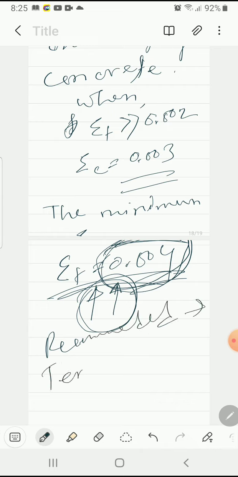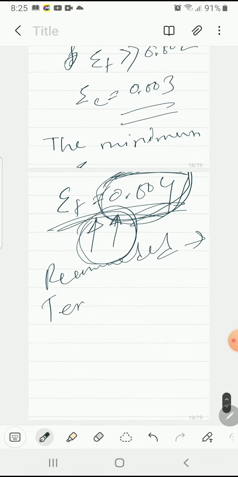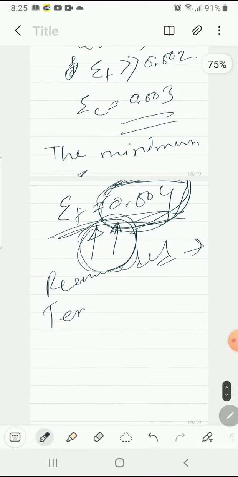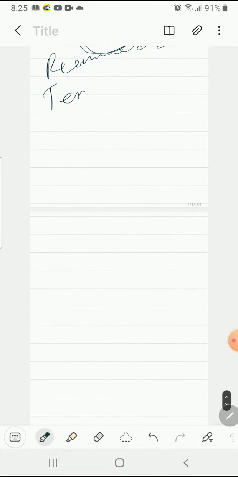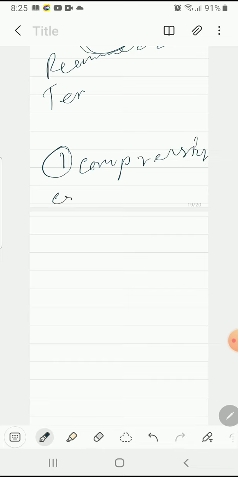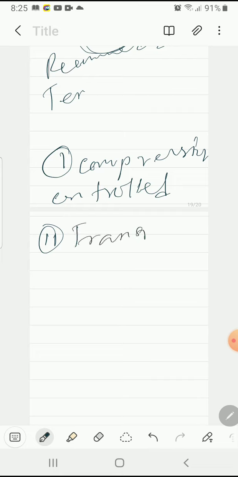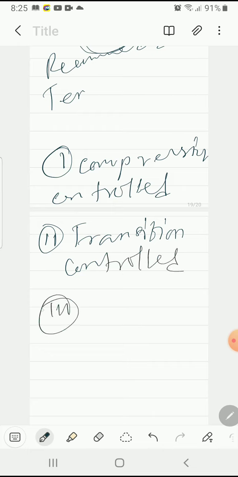for tension control section. এখানে আরেকটা বিষয় আছে যে এই যে আন্ডার রিইনফোর্সড বিম ফেইলারটা, ঠিক আছে, এটাকে আবার 3টা ফেজে ভাগ করা হয়। 1 নাম্বার হলো কম্প্রেশন কন্ট্রোল। 2 নাম্বার বলা হয় যে ট্রানজিশন কন্ট্রোল। 3 নম্বর টেনশন কন্ট্রোল।